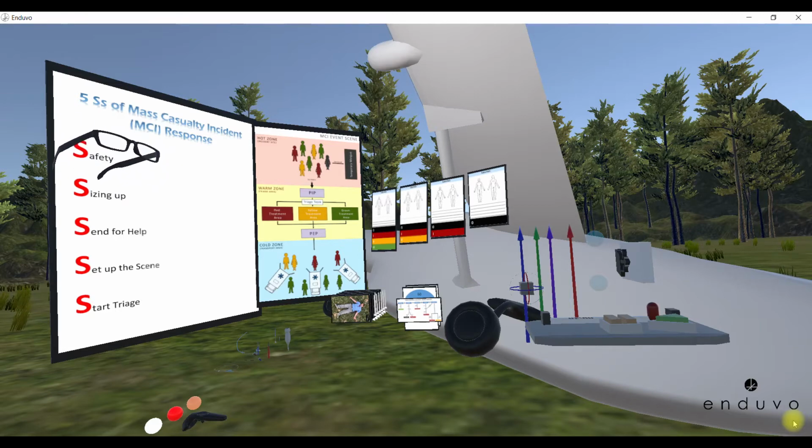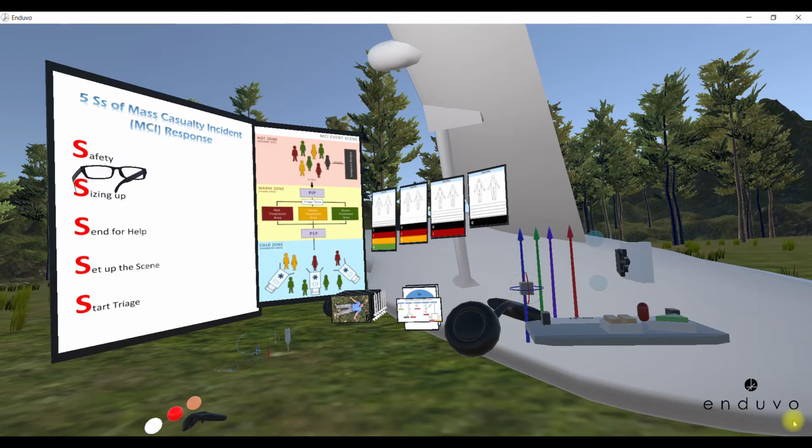Mass casualty incidents are variable in cause. They can be anything from a natural disaster to an epidemic like Ebola or influenza, or a man-made incident such as a plane crash, a bus accident, or an industrial blast, or they can be an act of terrorism or war. Management of such an event requires rapid and accurate triage of patients as part of an organized response and